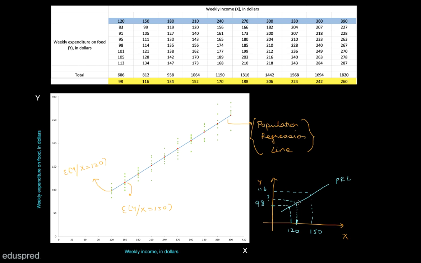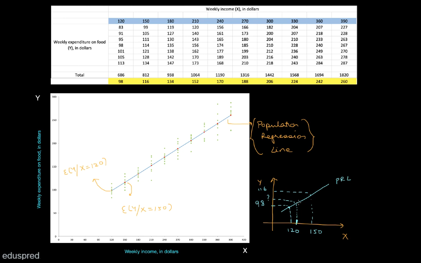So our main motive is to get something like the population regression line, because if you're able to fit a line between two variables, you can answer any question related to the quantification. I can give you multiple values of x and then I can ask you how the values of y are behaving, and you will be able to answer this question because you have a line which is relating these two variables. So this is what I wanted to show you.